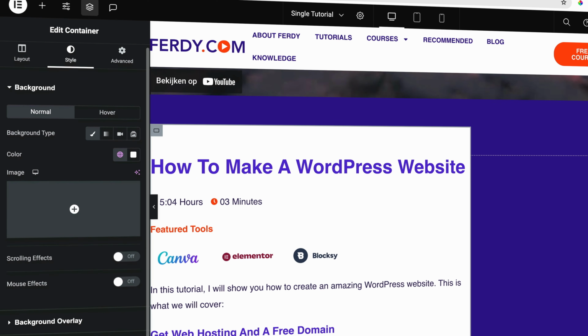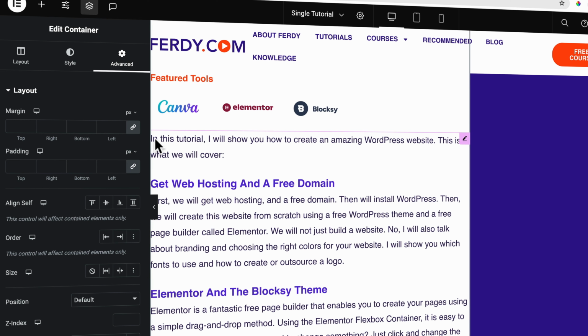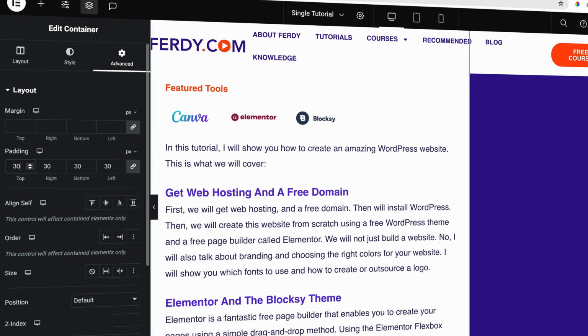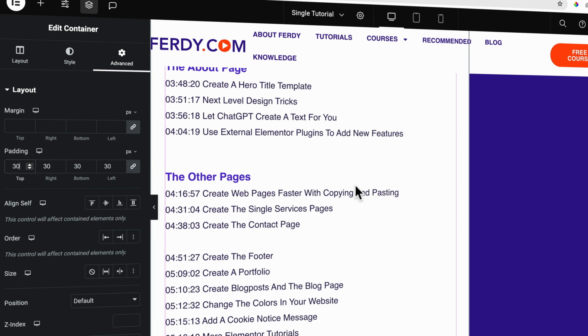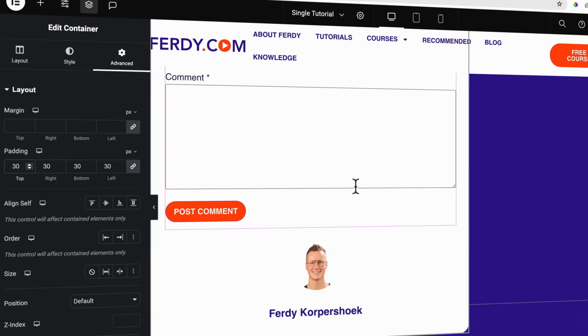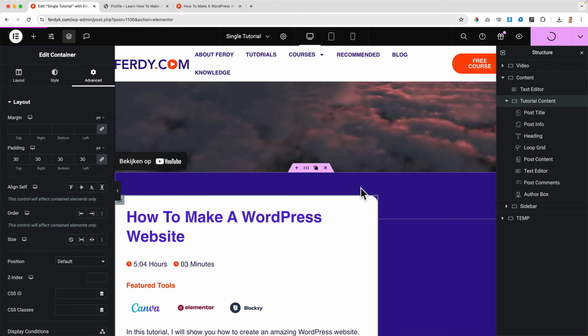Okay. Then I go to the border. The border radius, I want it to be 20, like that. Then I go to advanced because the text is really close to the edge. So at padding, I would like to say 30. Like that. And what I want to do now, instead of using this dark blue color, I go to the